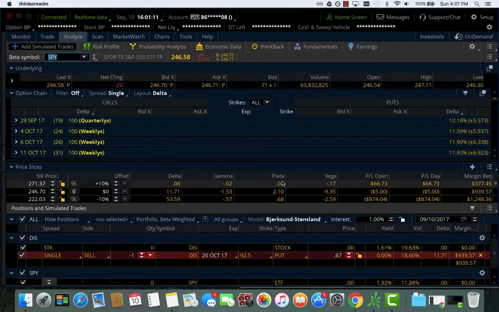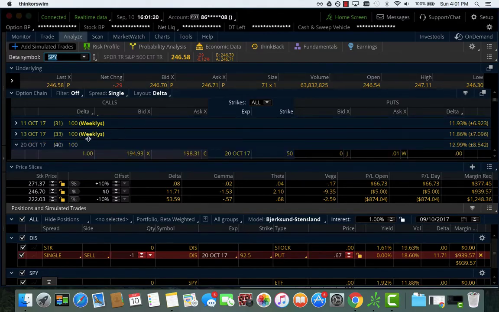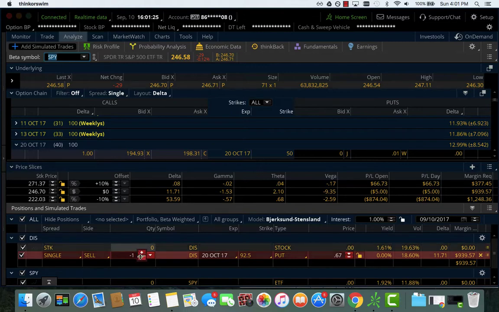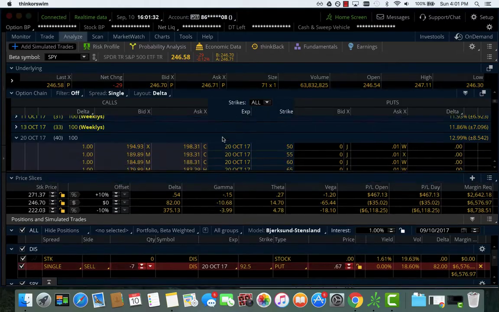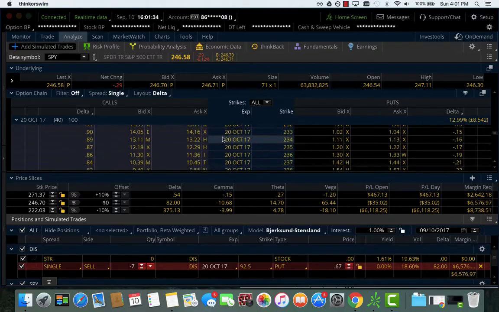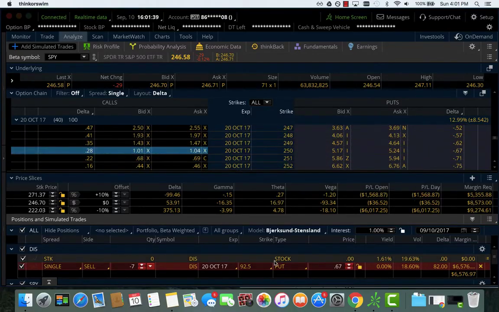Now, if you remember, if we want to do something like an options only covered call, what we do for an options only covered call is we like to buy the call that has an 80 delta, right? So what we'd have to do is sell 7 of these Disney puts and then go over to SPY and sell that 30 delta call to create an options only covered call via selling puts in Disney